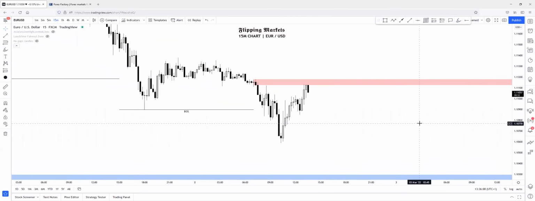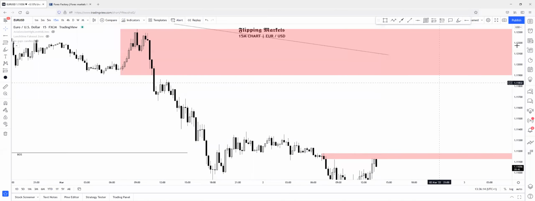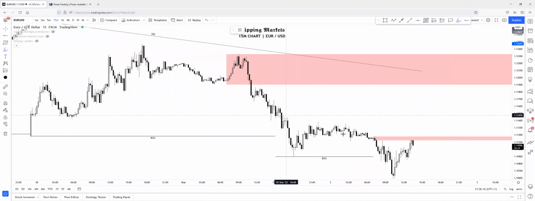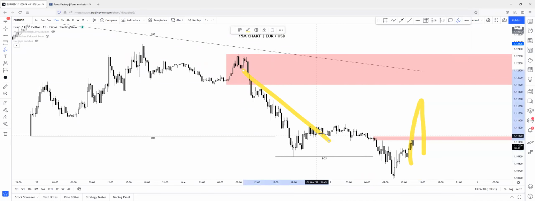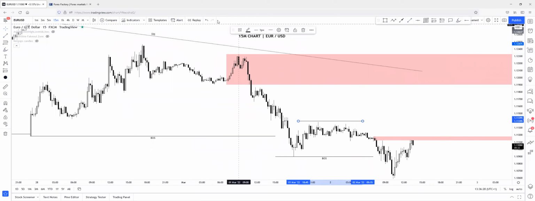Okay, so we are currently focused on this region. We don't have to focus above the region because that's too far away. If price breaks above the supply zone, we will focus on this region. But until it's respecting this supply zone, we just have to focus on this price action region. But for clarity, I will just mark out the liquidity here, and I will just redraw this huge liquidity line